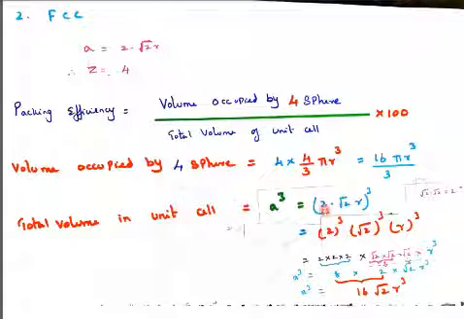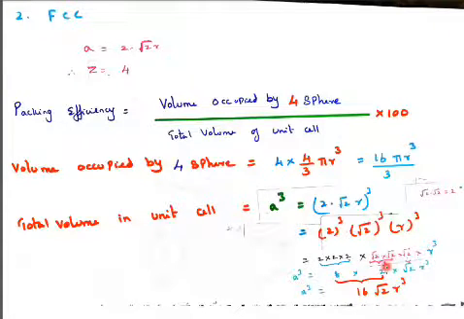So what I have written are 2 cubed, root 2 cubed, r cubed. So 2 into 2 into 2, 2 into 2 is 4, 4 into 2 is 8, that is the value for this. Then root 2, the whole cube: root 2 into root 2 into root 2, 3 times I have written. Root 2 into root 2 is equal to 2. I have written at the corner also, root 2 into root 2 equals 2.